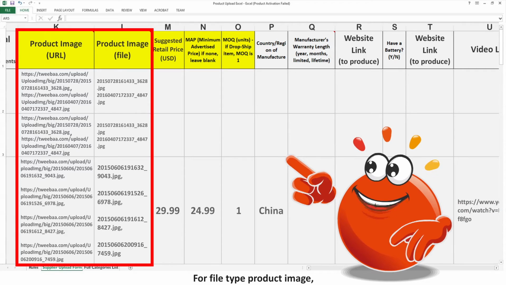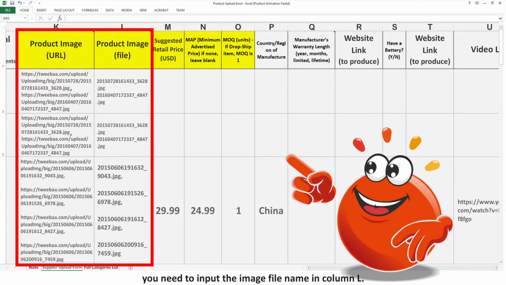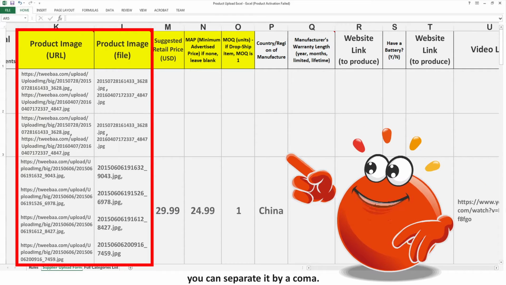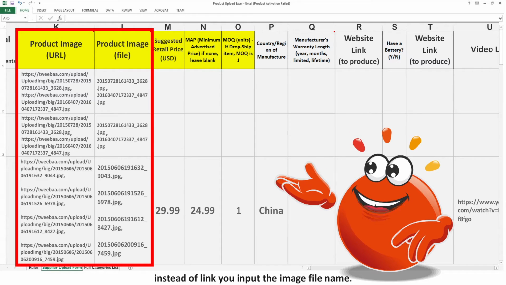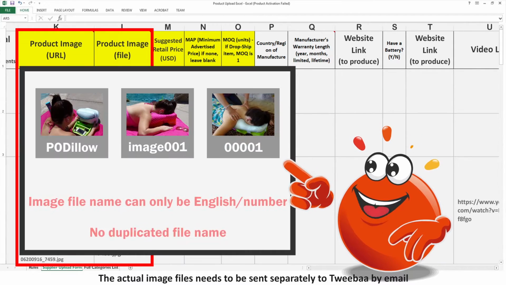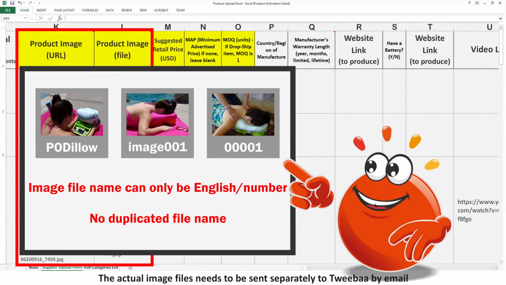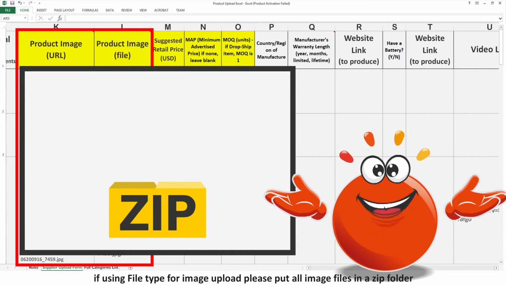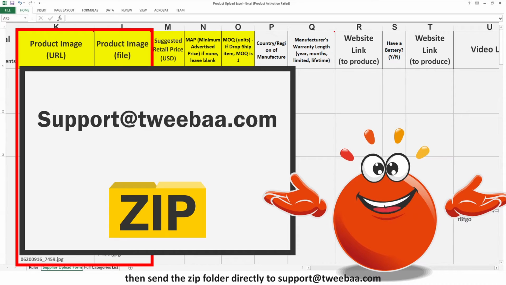For file type product image, you need to input the image file name in column L. Again, if you have more than one product image, you can separate them by a comma. It is similar to URL type upload, but instead of a link, you input the image file name. The actual image files need to be sent separately to Tweebaa by email. If using file type for image upload, please put all image files in a zip folder, then send the zip folder directly to